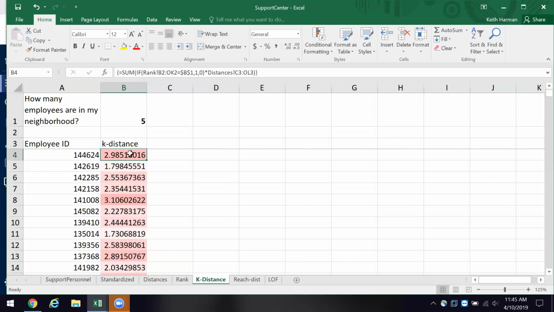tab. You could get a little confused with this when you're cell referencing tabs, but always remember, if you see a word with an exclamation point, it means a tab. So if I click on this, you're going to see that I'm looking for the fifth.